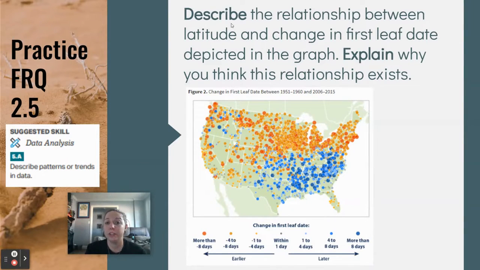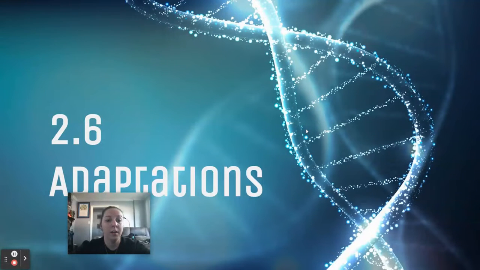So what I want you to try to do is describe the relationship between latitude and change in the first leaf date that's depicted down here. Remember, latitude is how far north or south something is, and explain why you think that relationship exists. All right,